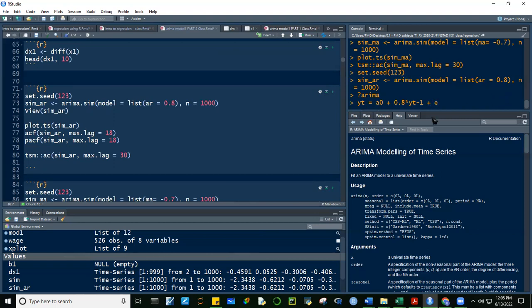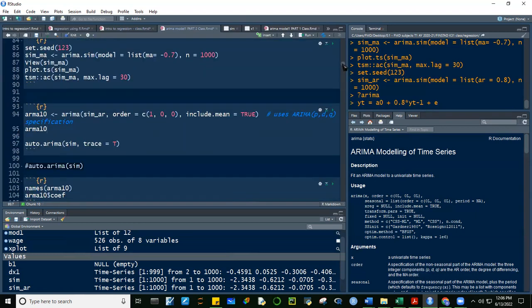Okay, so ito yung model na yon, no? Y sub t is equal to the mean average ng data natin plus 0.8 times y sub t minus 1. Kasi ito yung AR component na pinasimulate natin.